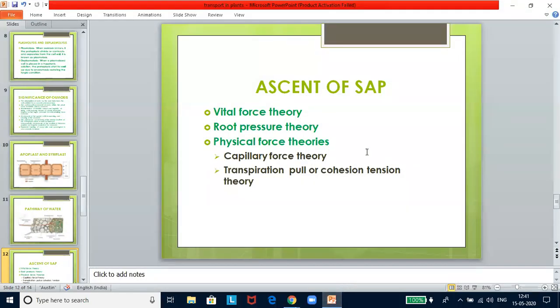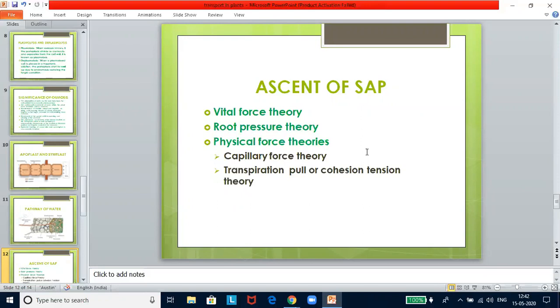Various experiments demonstrate that the actual pathway of ascent of sap is xylem tissue in terrestrial plants. Xylem contains vessels, tracheids, and xylem parenchyma. Xylem vessels are made up of thick-walled cells joined end to end. The partition wall between the cells dissolves, cell contents disappear, and they form a hollow tubular structure that resembles water